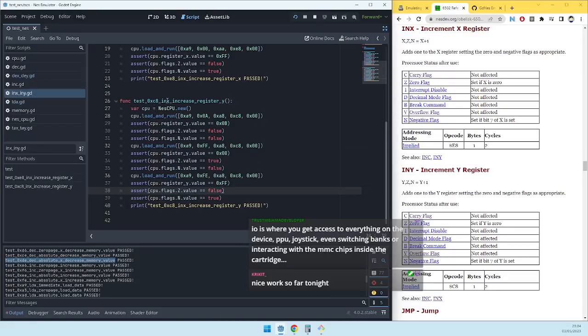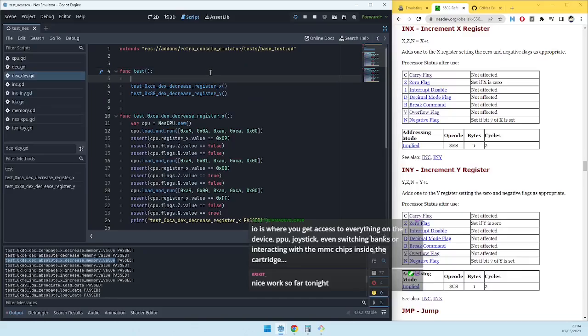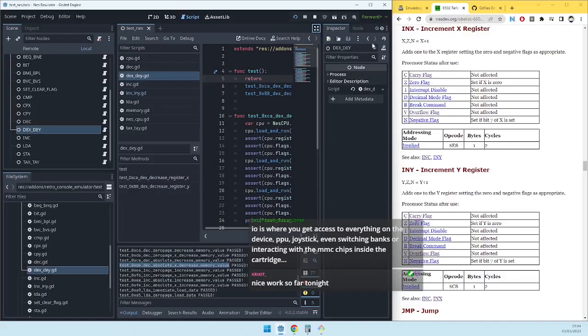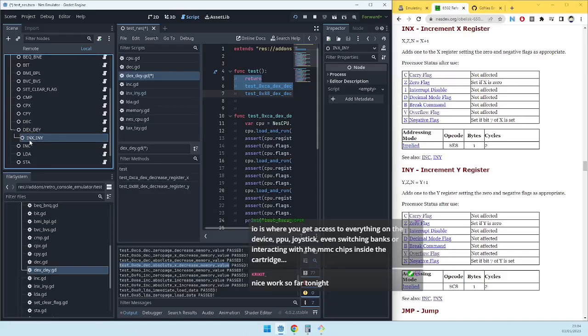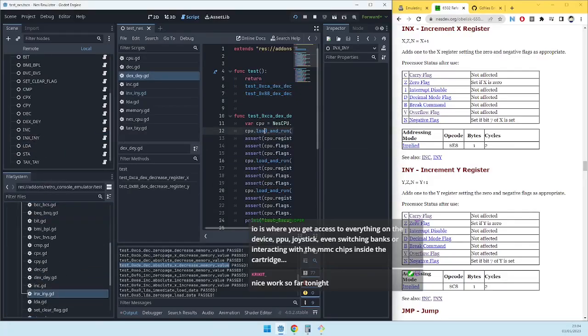So increase is ready to be tested. Decrease is not, because we have not implemented it. So we are making an early return here, but we are going to add the increase one. So new node, in X and in Y, the increase, and let's assign the increase script. And in theory, because this was implemented at the start of the chapter, we should be able to run it,